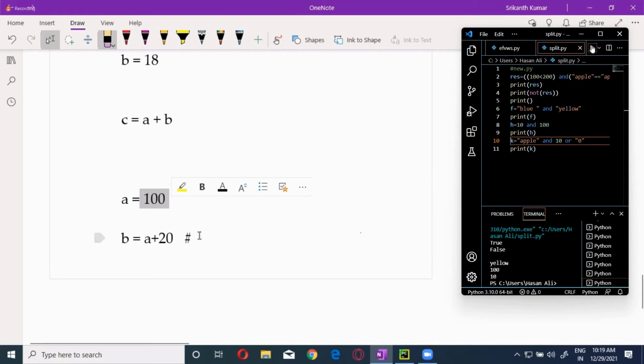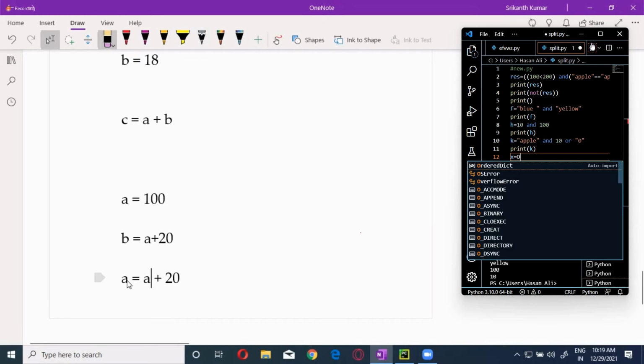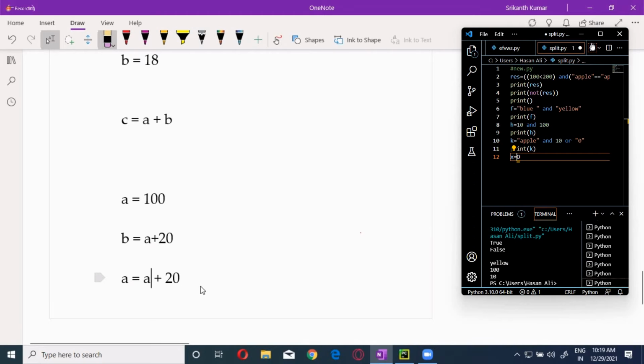Now, if I do something like this, A is equals to A plus 20, that is incrementation. What will happen? 100 plus 20, 120 is assigned to A. Can you say which operator is executed first over here?